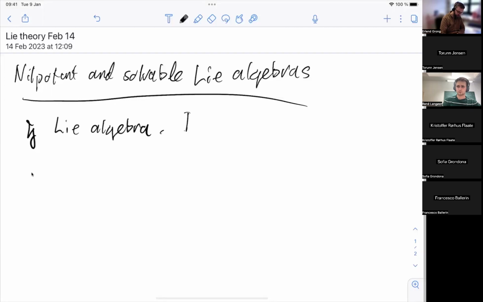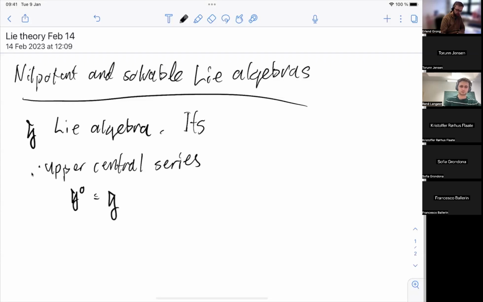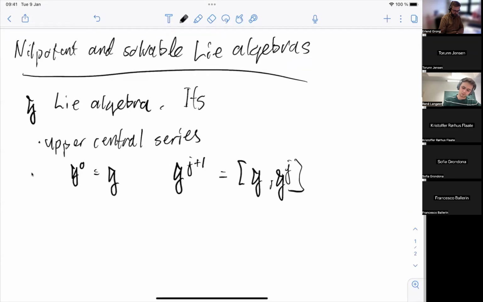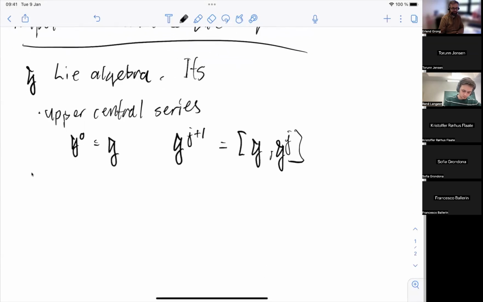So then its upper central series is defined as follows. G0 is just G, and then we get iterative versions of G by applying the Lie bracket again and again. So this is the upper central series, and the lower central series